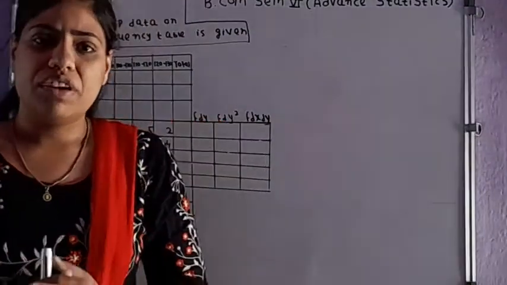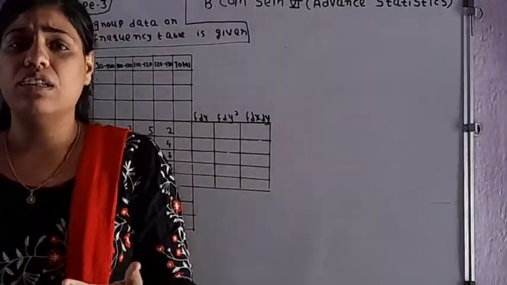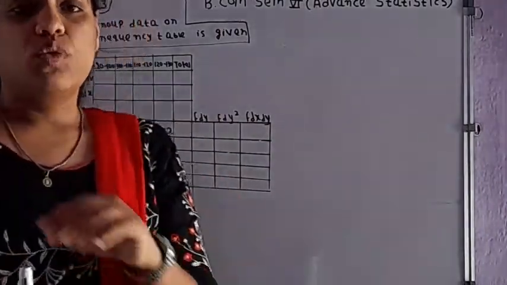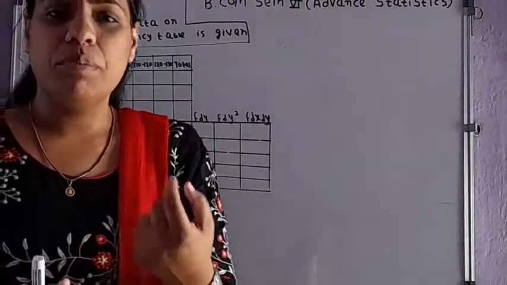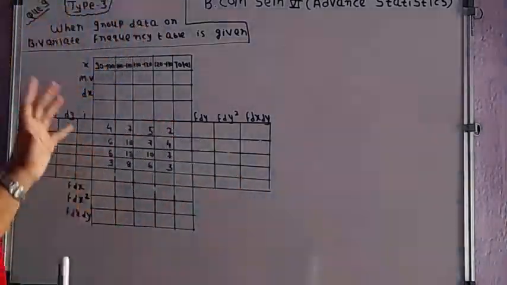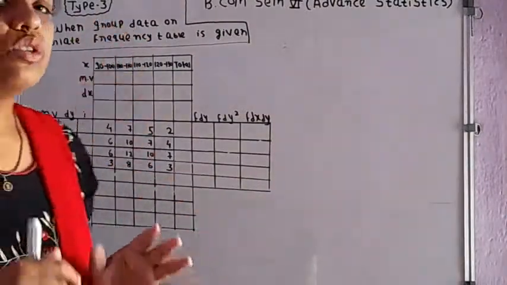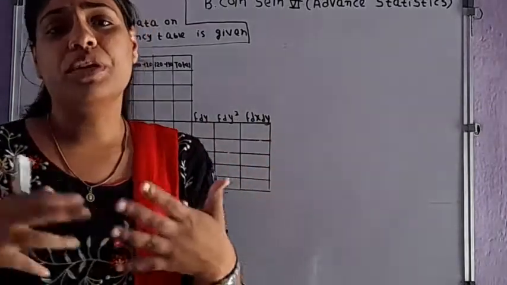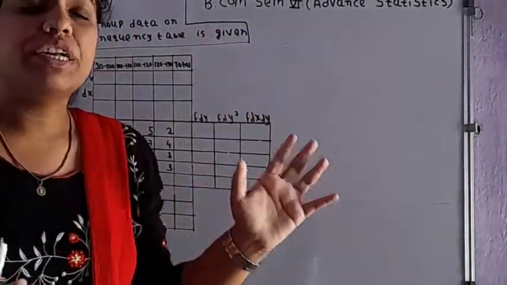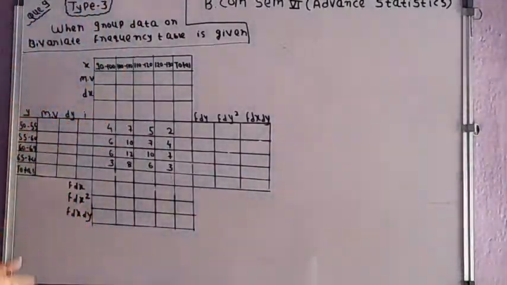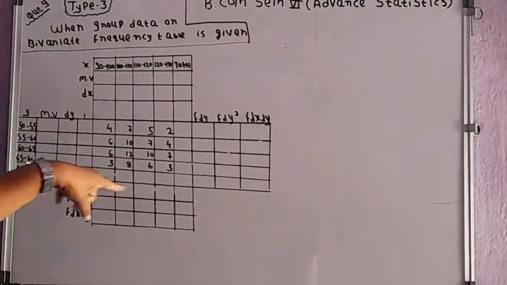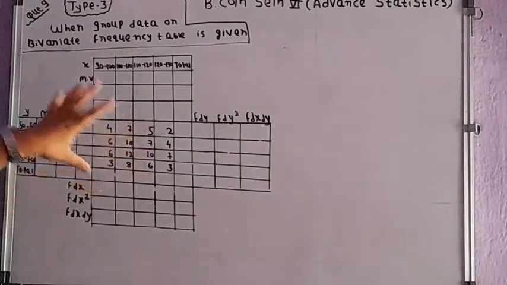So what is a bivariate frequency distribution table, or what is the group data that we saw at the time of correlation analysis as well? We are just going to take a brief explanation about it. When I talk about the continuous series or the group data, it represents a frequency which can be fitted in a particular group. Like here, different groups have been made: 50 to 55, 55 to 60, 60 to 65, 65 to 70. So this is a group, and this frequency represents the number of persons who can be put under this group.